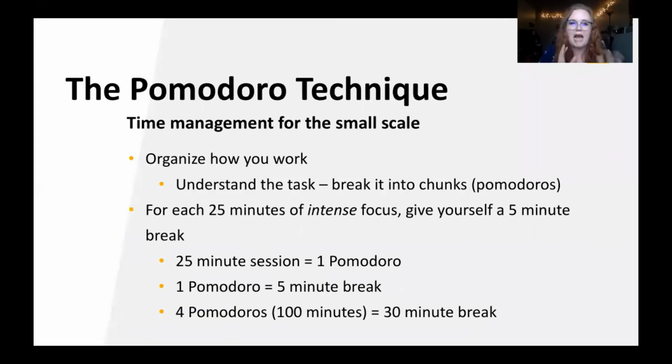So let's talk about how to break up that time. The Pomodoro Technique is one of coaching's favorite tips, and I like to think of it as time management for the small scale. It's a way to organize how you're actually working. What you want to do is understand what task you have and then break it into chunks, which are